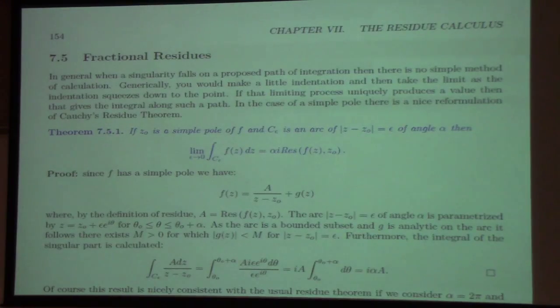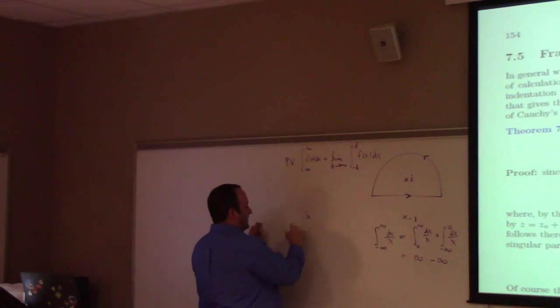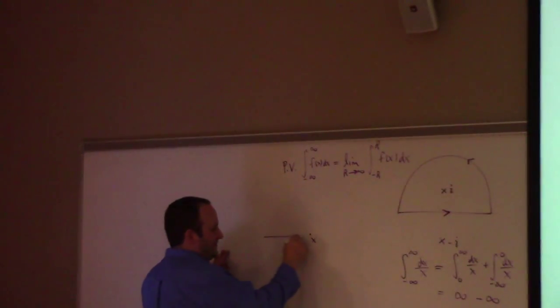Where was I? Fractional residues. Fractional residues, kind of wacky. Basically, the idea here is if you have a curve, and maybe on the edge of the curve you've got a function which has a singularity. If you take that and put a little bubble around it, and look at the curve in the limit of that little arc. So I need to draw a picture. So something like this. Suppose this was a singularity for f of z. If you do something like this,